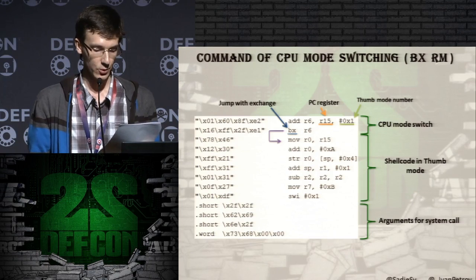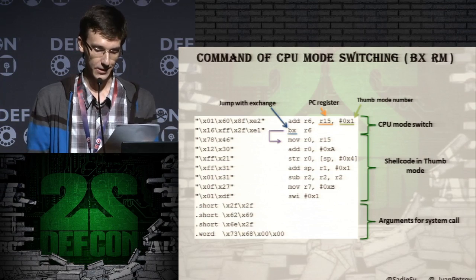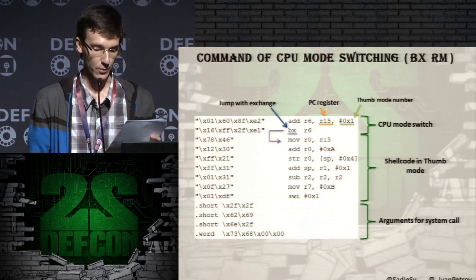This technique is used for making shellcode smaller or for providing more functionality in the same size of the buffer. Because the length of ARM instructions is 4 bytes and thumb instructions are 2 bytes, the code is far more compact. That's why more than 80% of the shellcodes have been created in this way.